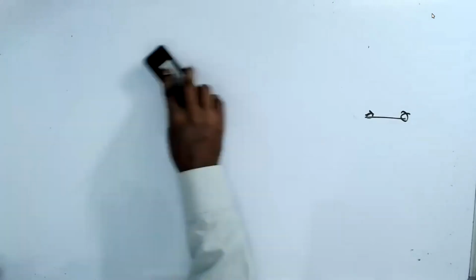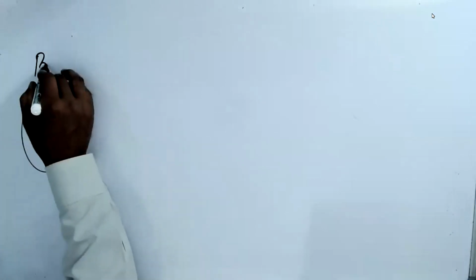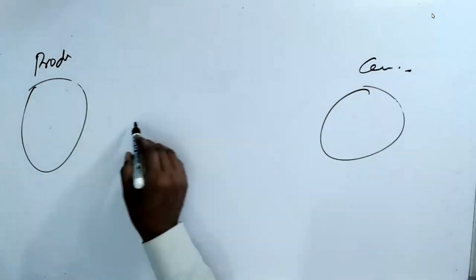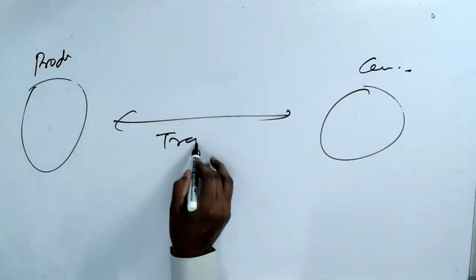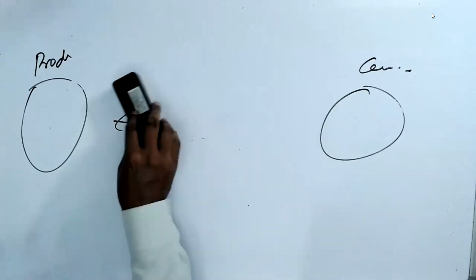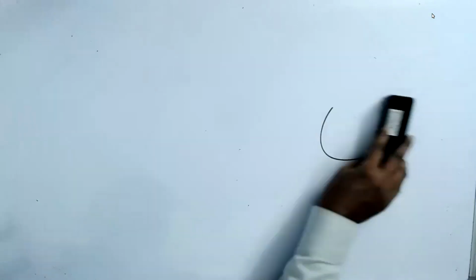So never say that the traders are unimportant. If you don't have traders, you don't get anything. Somebody is producing something, you are getting. You are a consumer. But in between there is a trader. But unfortunately, the traders make big money. That is wrong. That is fine. But that doesn't mean that the trader is not important. We need to have that.